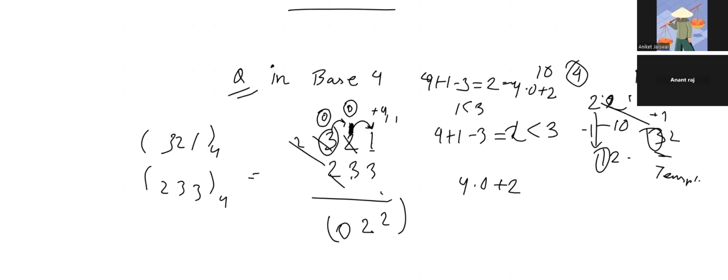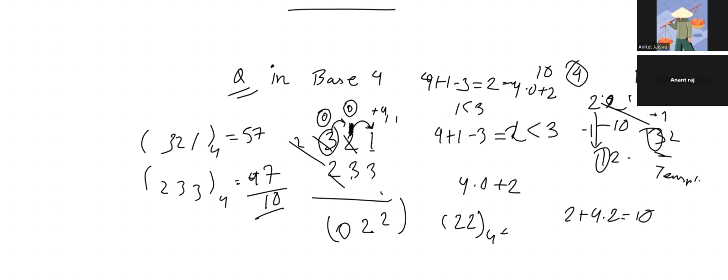First one is 57 and the second one is 47, right? So what is their subtraction? 10. Now what is this 22 in base 4? It is 10, of course. So hence verified, it's the same thing we have done in base 4, right? Now you can subtract these numbers